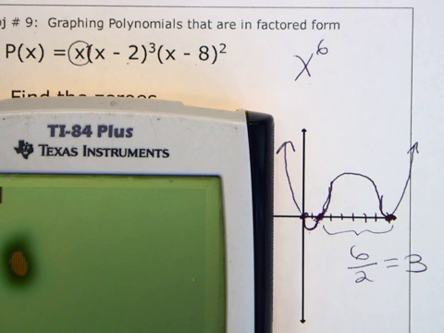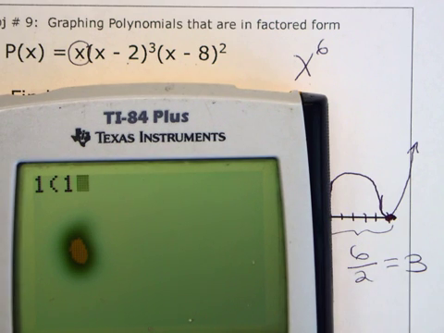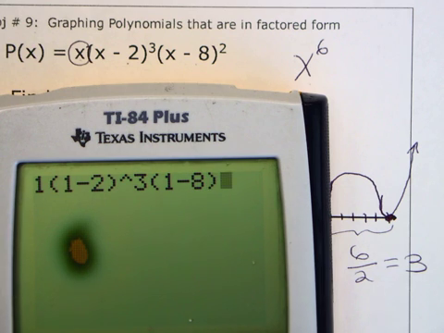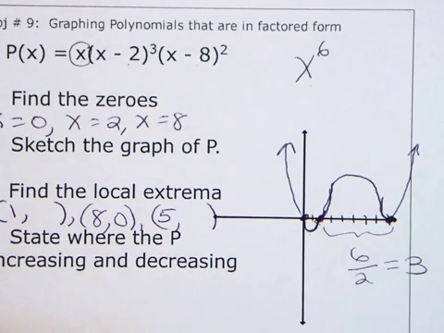So I have 1 times 1 minus 2 to the third times 1 minus 8 to the second. Let's see what we get. Negative 49. So this point down here